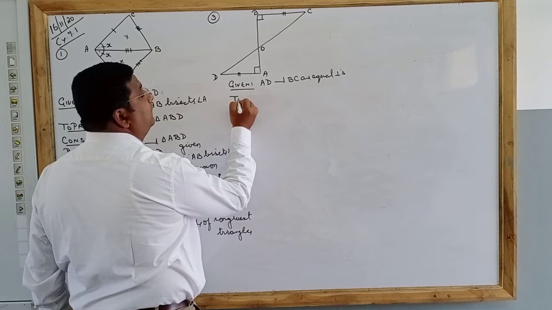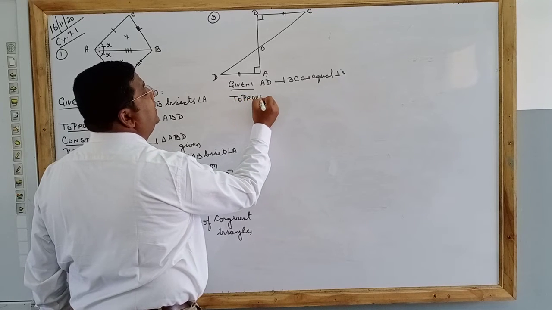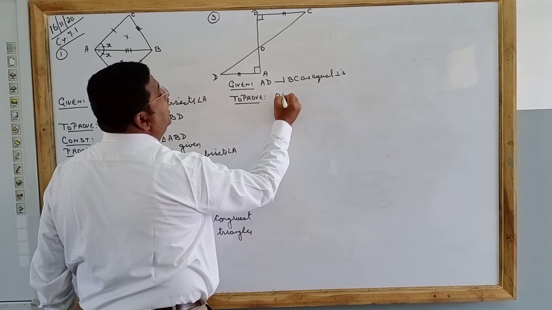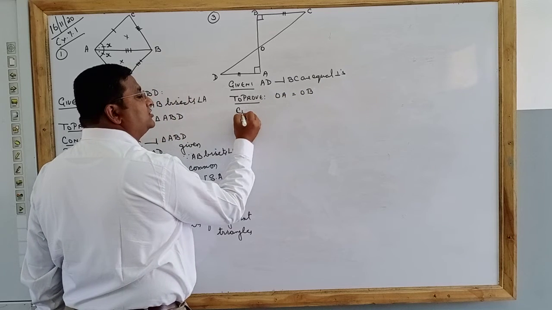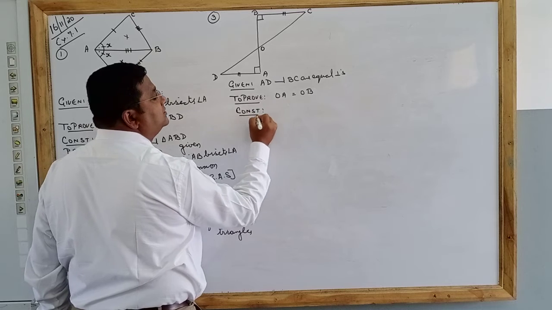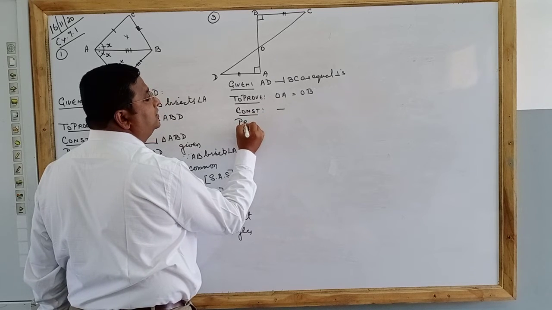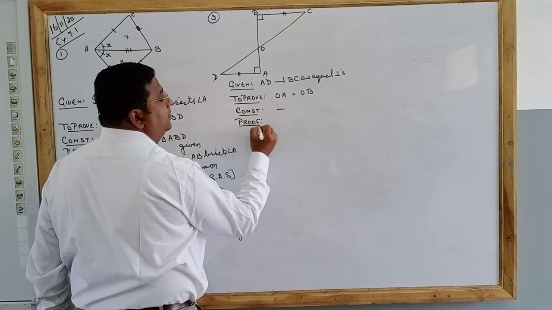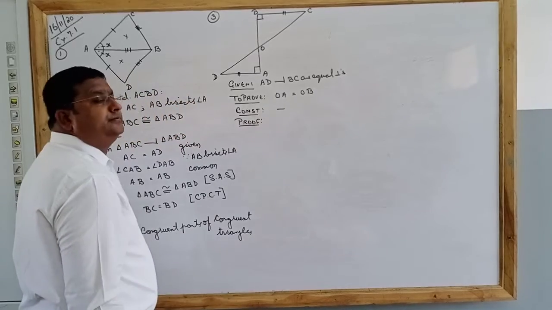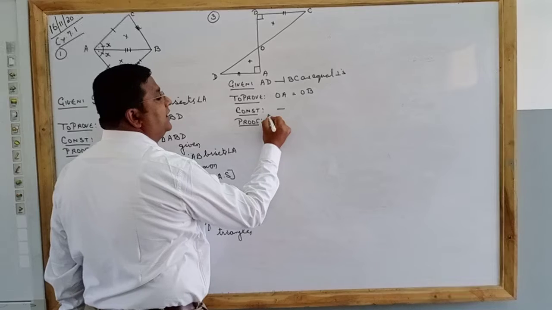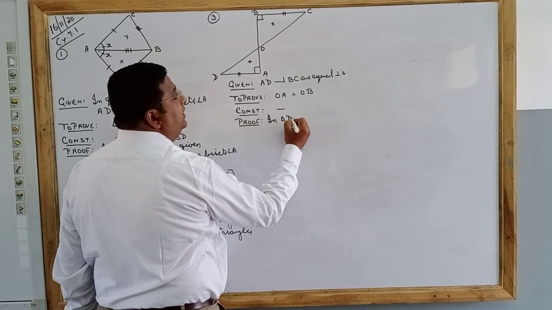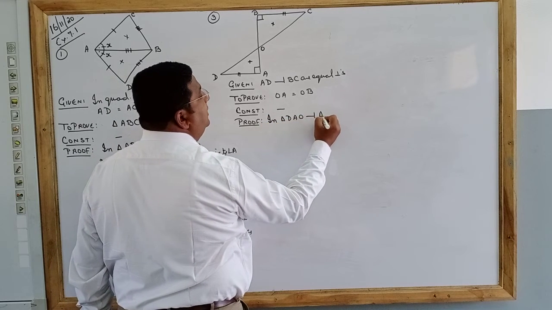And what we have to prove? We need to prove that OA is equal to OB. Construction not required. Everything is constructed. Just and just observation proof. In these two triangles, we have to see things. In triangle DAO and triangle